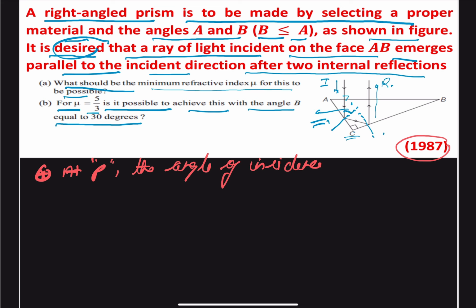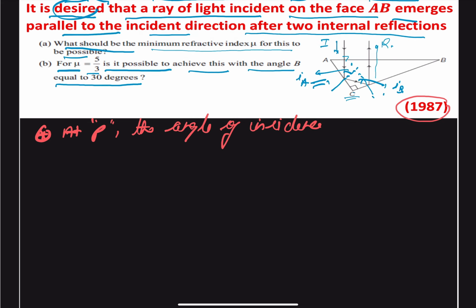So this is your first angle of incidence, let us call that IA, and this is the second one, let us call this IB. So the angle of incidence, that is our IA, will be equal to angle A, and at point Q, you can say the angle of incidence, that is our IB, will be equal to B,